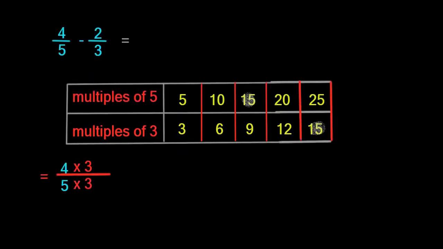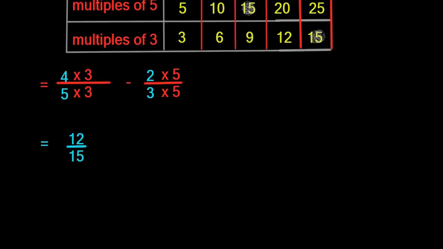Here, to make 5 as 15, as our LCM is 15, we have to multiply both numerator and denominator by 3. We get 5 times 3 is 15 and 4 threes are 12. And to make 3 as 15, we multiply both numerator and denominator by 5. After multiplying, we get 12 by 15 minus